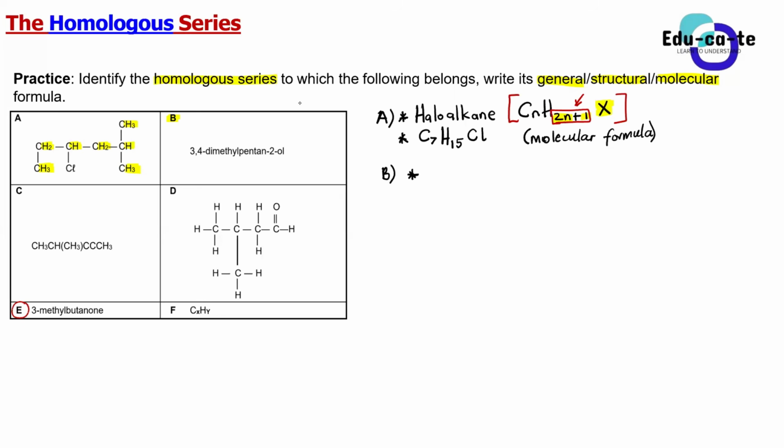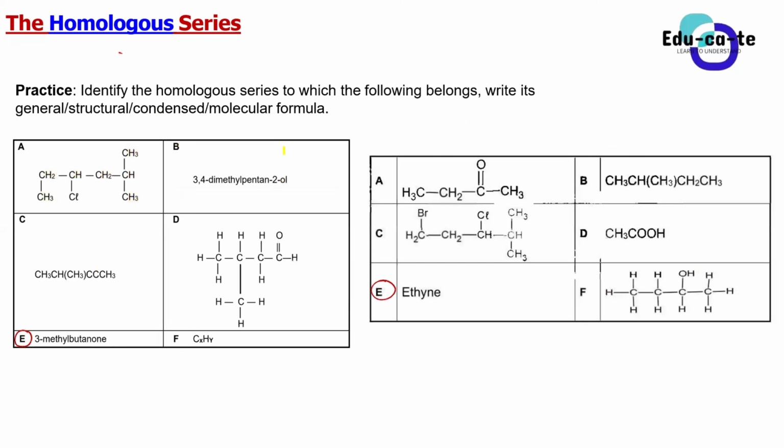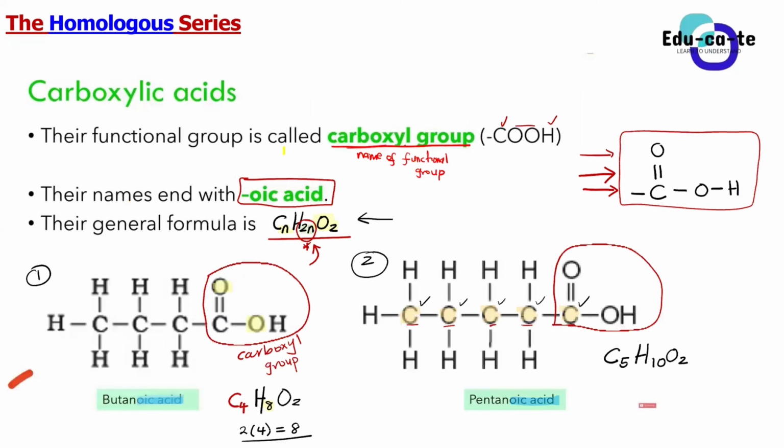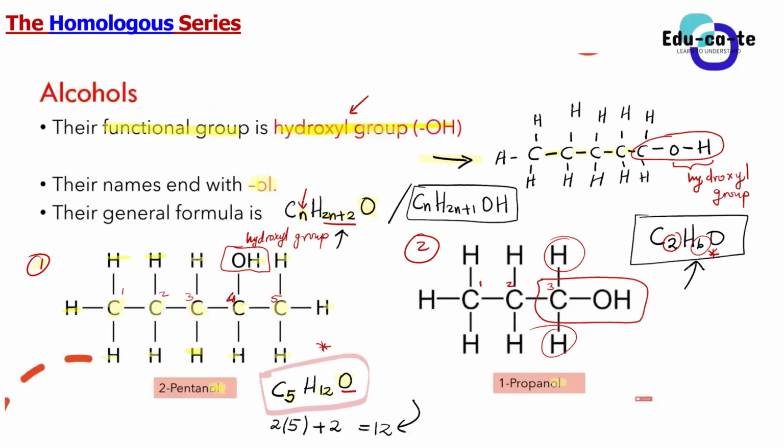So is it not an alcohol? Why would you assume alcohol? Because it ends in an OL. Yes, it ends in an OL. Guys, when I introduced this homologous series, I was very careful. I told you how to identify the homologous series whenever you are given the name of the organic compound. Didn't I say that? Didn't I explain that? And I even mentioned, guys, that when you've got alcohols, their names end with an OL at the end. They end with an OL to show that it's an alcohol.